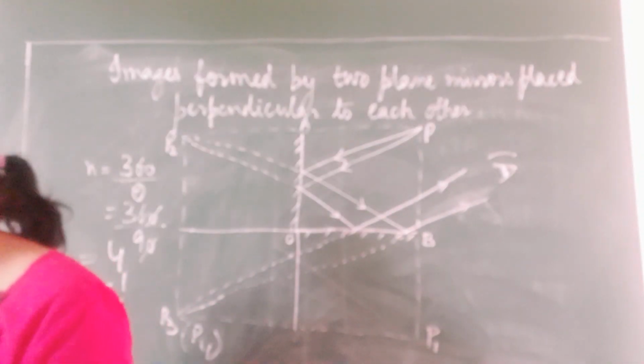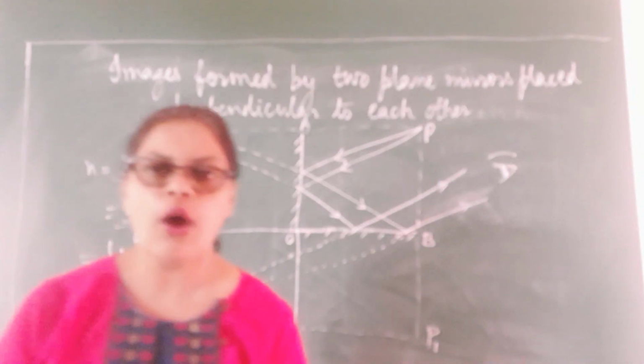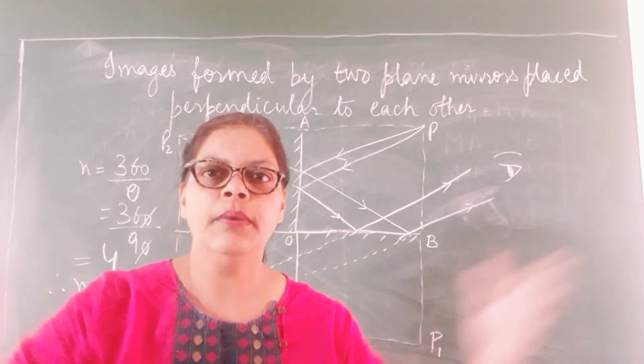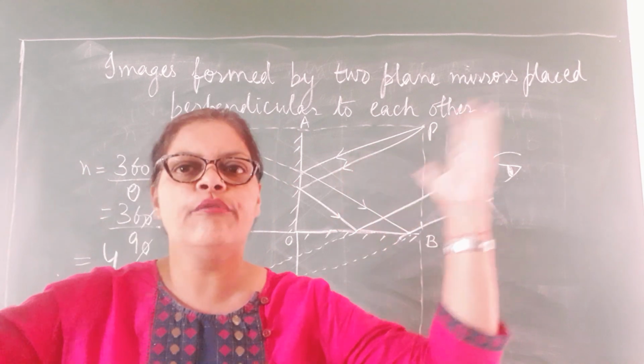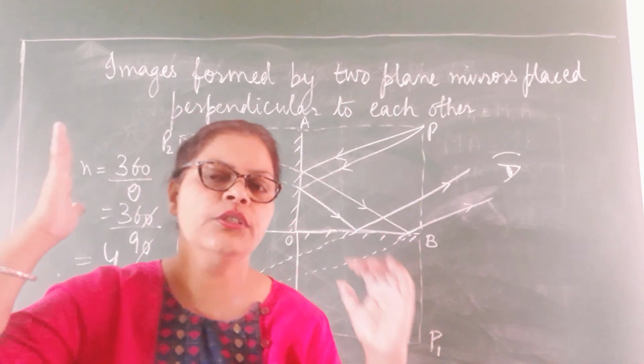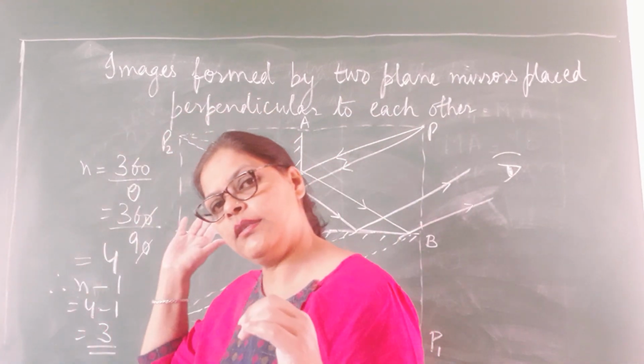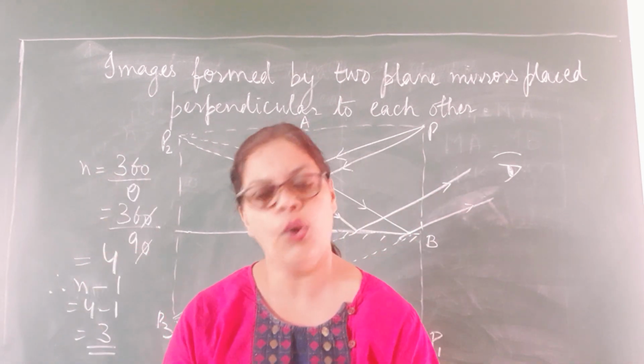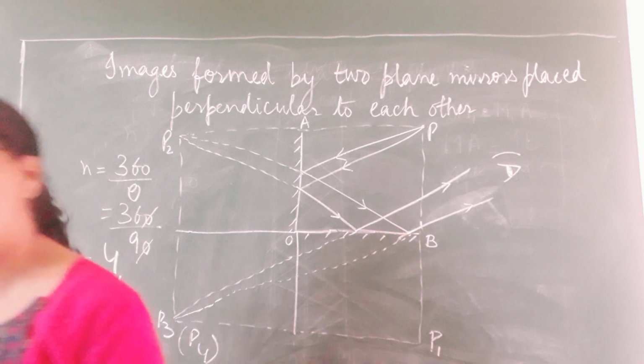Then it is also used in a barber's shop. When you go for a haircut or you go to the barber's shop, he places mirrors on the different walls so as to get multiple images, so that you can see. He places a mirror behind and sideways so you can have a look at what type of haircut you want. Then it is also used in big showrooms.